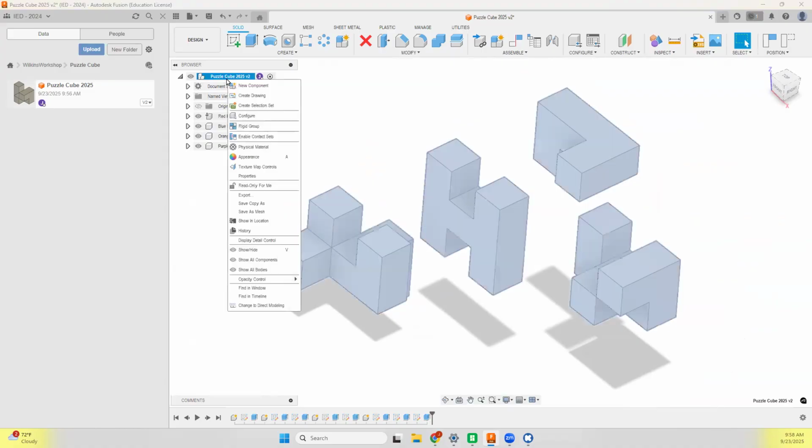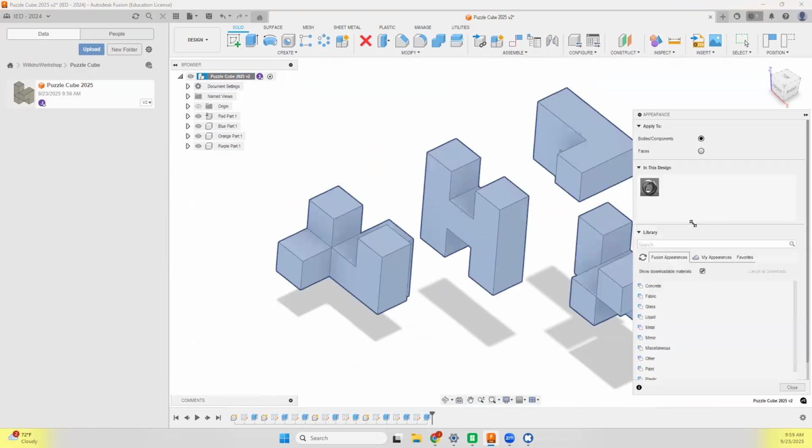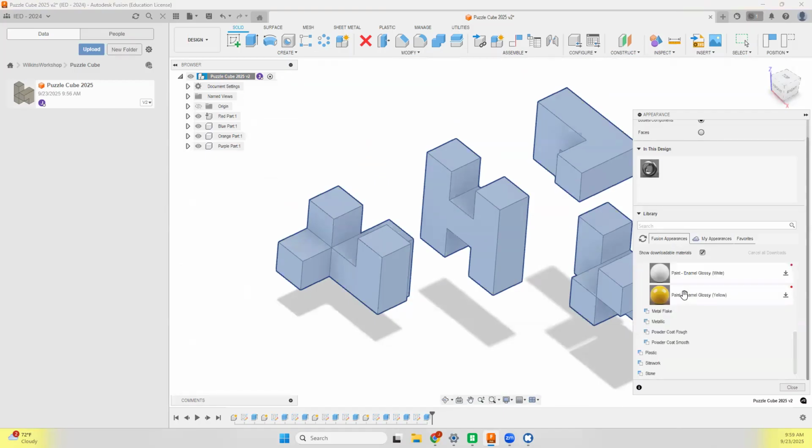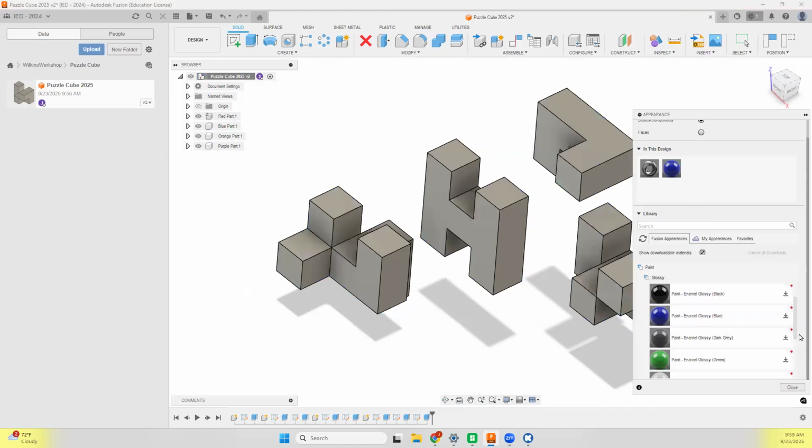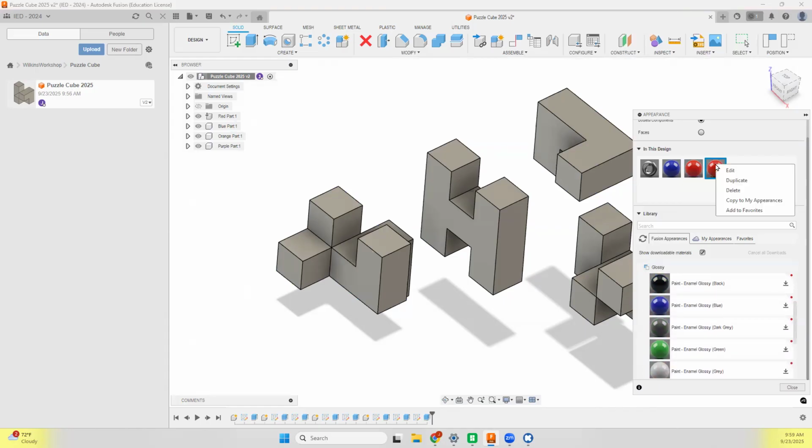To do that, you can right click on the main name, go to appearance, and then I'm going to go into paint, and then there's a glossy, and I'm going to pull the paint colors that I want up here. Now you're going to notice that I don't have a purple and I don't have an orange in this. So if you right click and duplicate it and right click and edit, now it's not on the screen, but I'll show you a screenshot of what this looks like, because it's on my second screen, so it's kind of hard to see, but this is what you will see pop up as a window